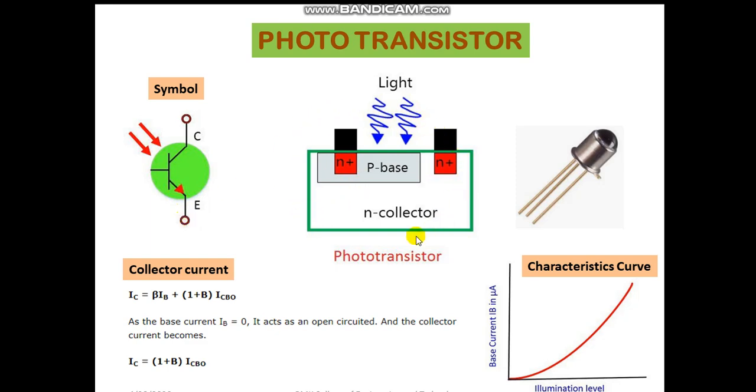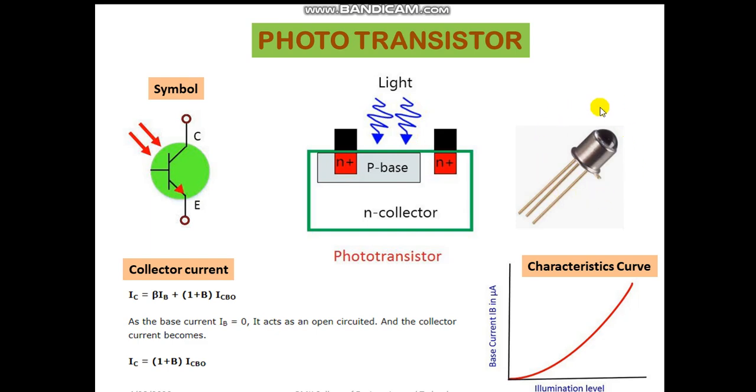Now, this is the basic layer construction of the phototransistor. This complete body is the N-type collector. The collector is made up of N-type semiconductor, and this is the P-type base. This N plus is the emitter layer. The plus indicates the emitter layer is heavily doped, that is, a large number of electrons are present. So, light signals fall over the base junction, and with this, electron-hole pair recombination will occur across base to emitter. Then we get the flow of charge carriers, and from this we can obtain the electrical signals.